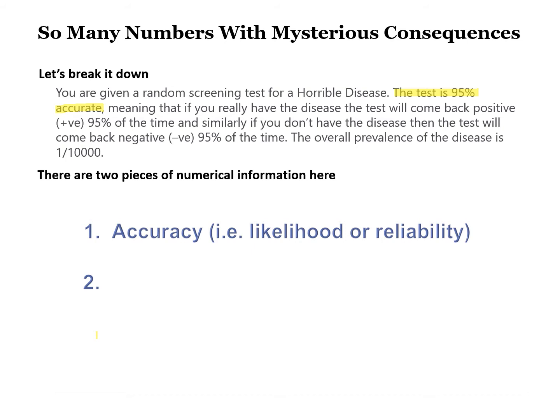All right. Well, the second piece of information we're given in the last sentence is the overall prevalence of the disease. Now, similar to accuracy, the meaning of the word prevalence can also be referred to by another term, which is base rate, and we've used that a lot of times